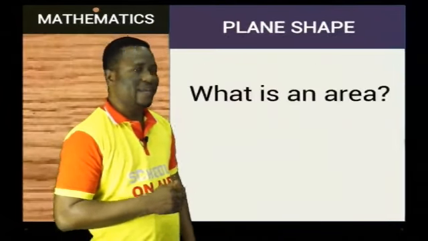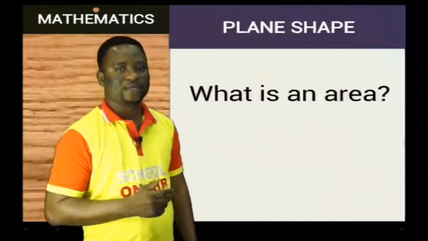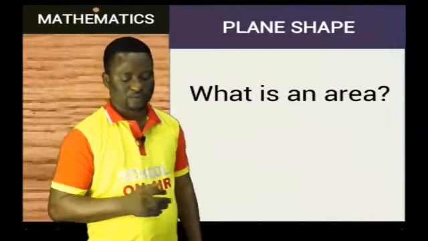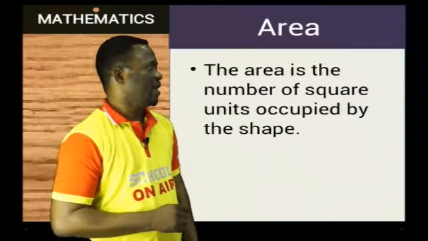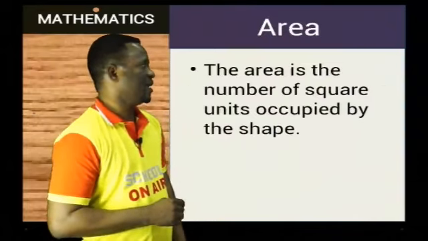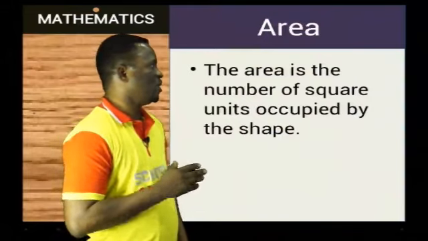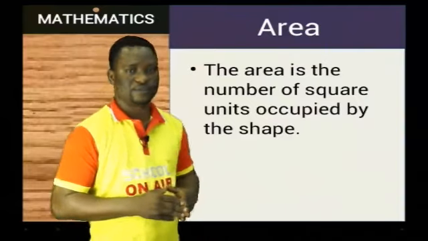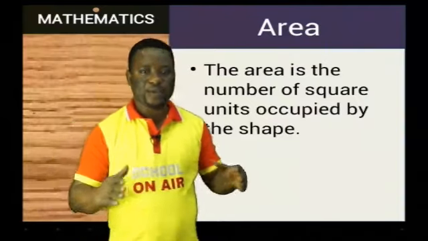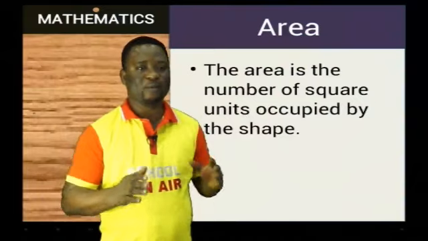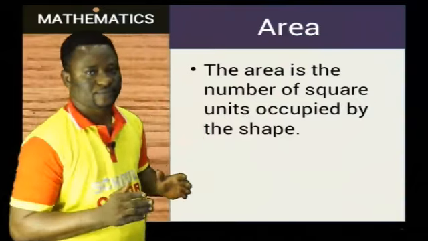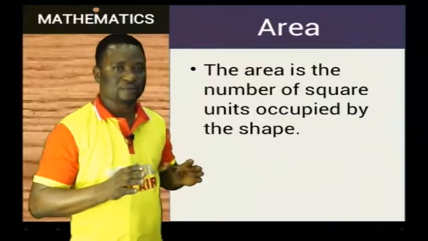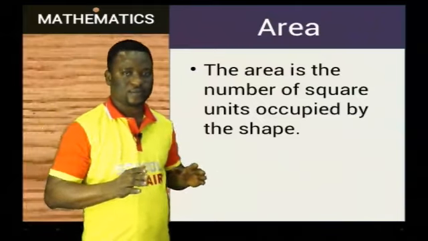Then, what is an area? Area is a very common word in mathematics, but it has its own definition. Area can be defined as the number of square units occupied by the shape. What's the meaning of this? The area is the number of units that the shape in question will cover if it is placed on a